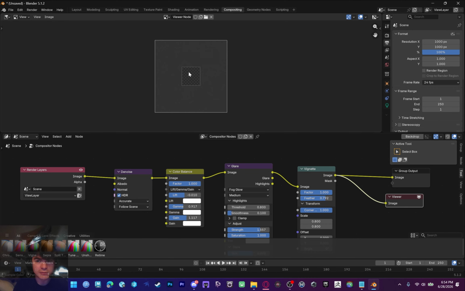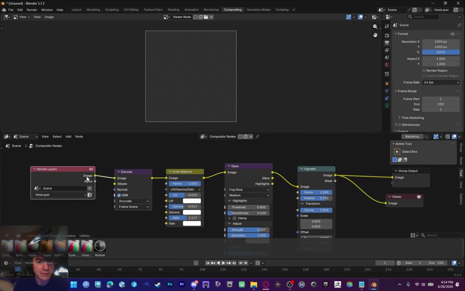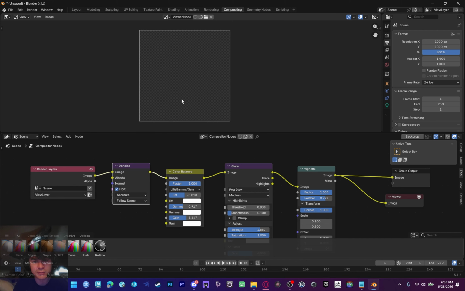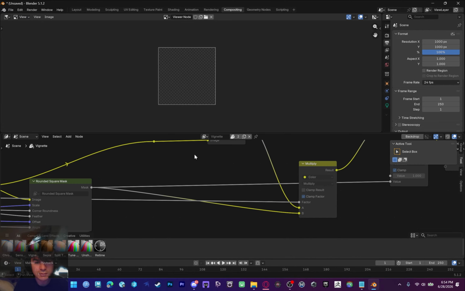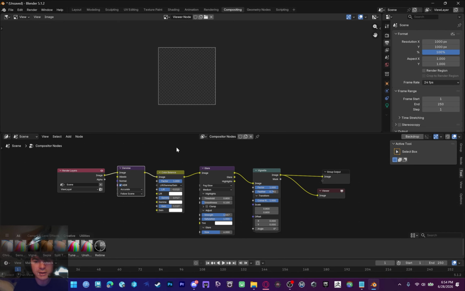You're usually able to preview what your screen looks like right here. I don't know why it's not working. I'm not exactly sure if it's something related to the scene or what, but for some reason I can't get it to work. It might just be because of my node setup or something. Yeah, I don't really know. But anyways,